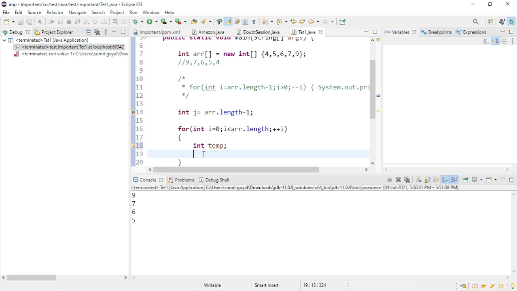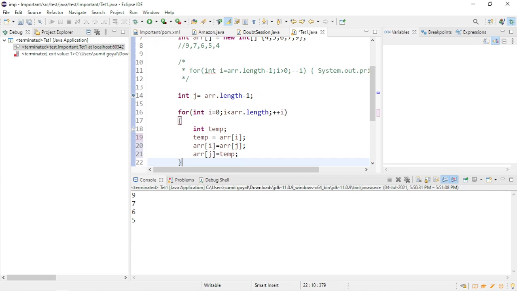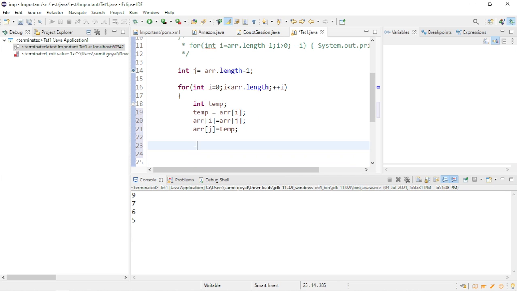So int temp equals arr of i, you can take any other name, then arr of i equals arr of j, and then arr of j equals temp. After that, one by one I will keep on decrementing the value of j.